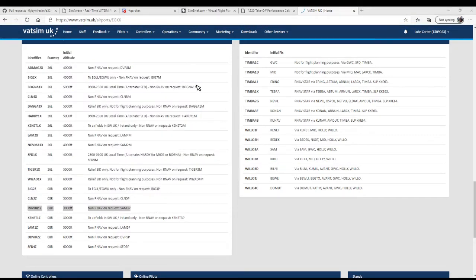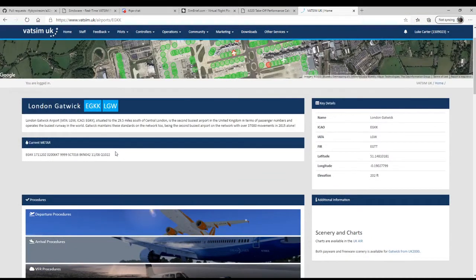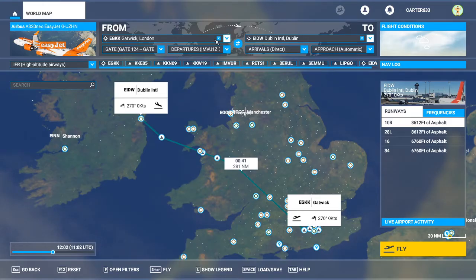Is it in the simulator though? It is. See current METAR, so you could get an idea. It looks like they'll be using 08. So we've got the IMVU departure put in, and then flicking back and forth from SimBrief,